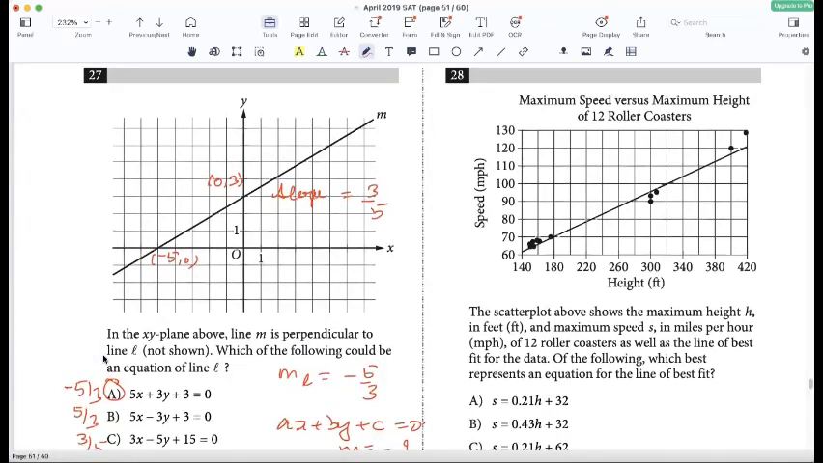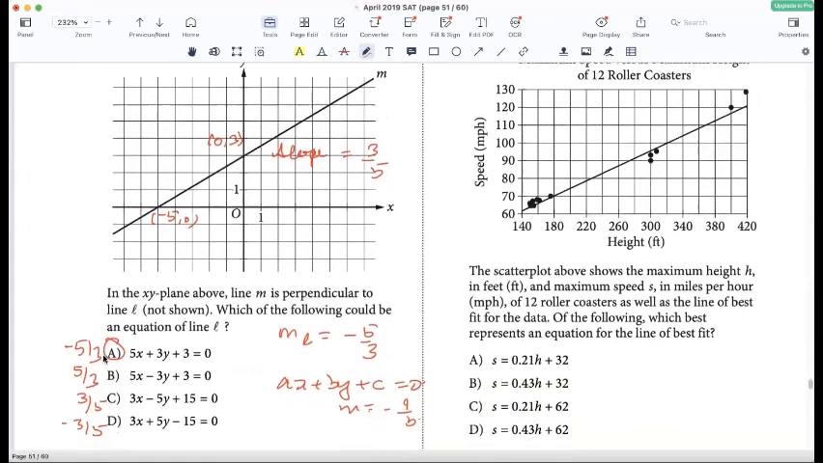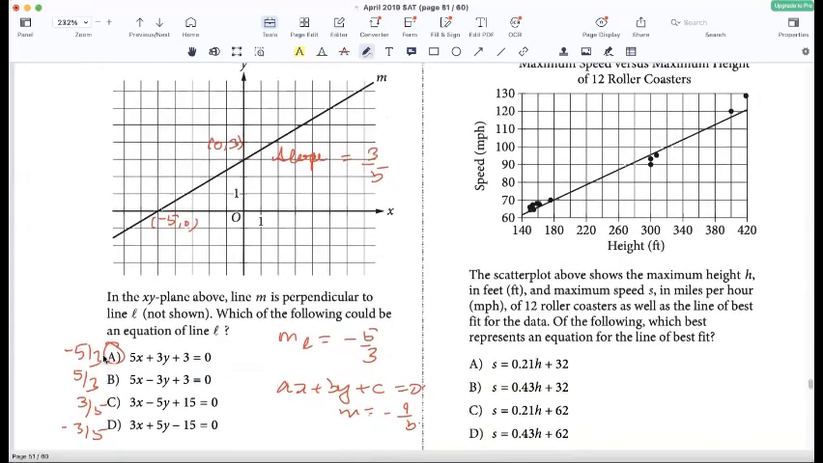Okay, the scatter plot above shows the maximum height h and maximum speed s in miles per hour of 12 roller coasters, as well as the line of best fit. Of the following, which best represents an equation for the line of best fit? Okay, so let's first try and find the slope. So I'm going to use